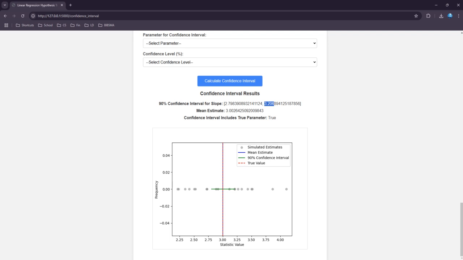And in general, confidence intervals give us insight into the precision of our estimates, where narrower intervals indicate more precise estimates. So from this experiment, we can observe that increasing the sample size or decreasing the variance also narrows the confidence interval, indicating more precise estimates. And what I'm going to test now is when we use a smaller sample size or higher variance, the confidence interval widens, which shows greater uncertainty